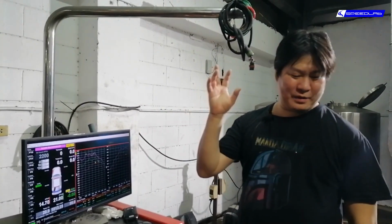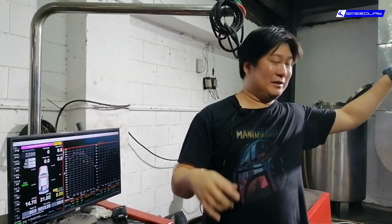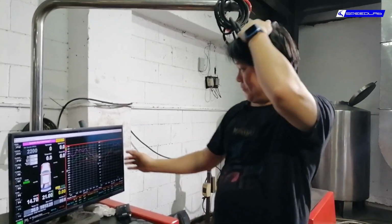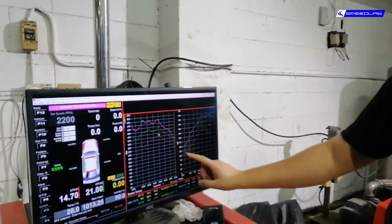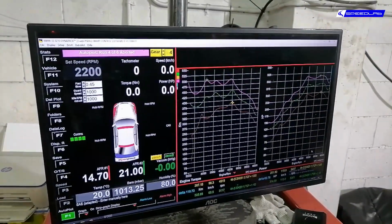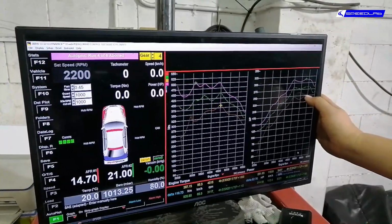Okay, we're done with our Patrol tuning. That's with the exhaust installed and the stock intake. Well, we removed the air box, removed the filter, and this is what we got. This dotted red line is our stock horsepower. Mind you, this is an older 2013, 2014 Patrol, so they really have lower horses, so it's 250 to the